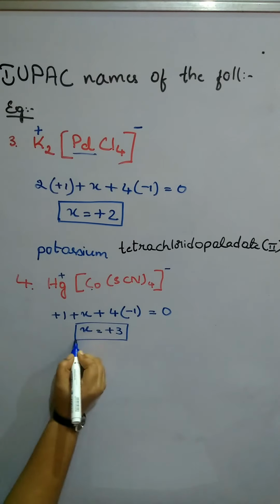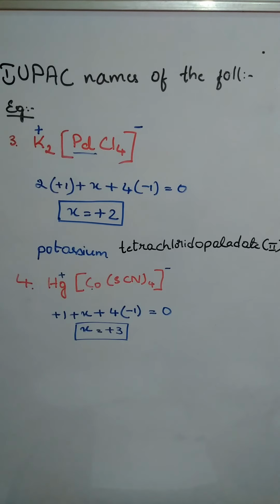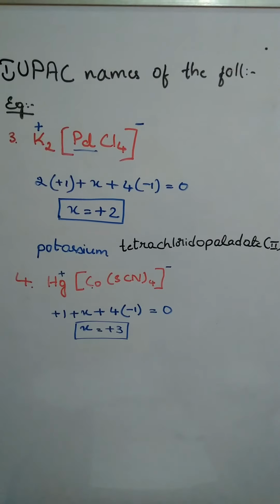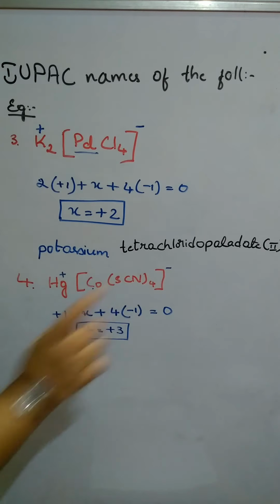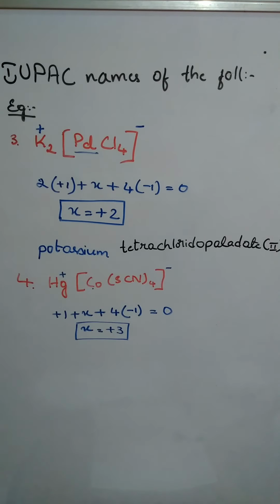Very few such examples are there. Mercury as a metal, we are going to use also as a counter ion here. So mercury is with +1. Likewise, iron also will be used, and sometimes we will also come across aluminium. So remember properly, mercury will always have +1 as the charge. SCN is -1 here. So that is the ligand.